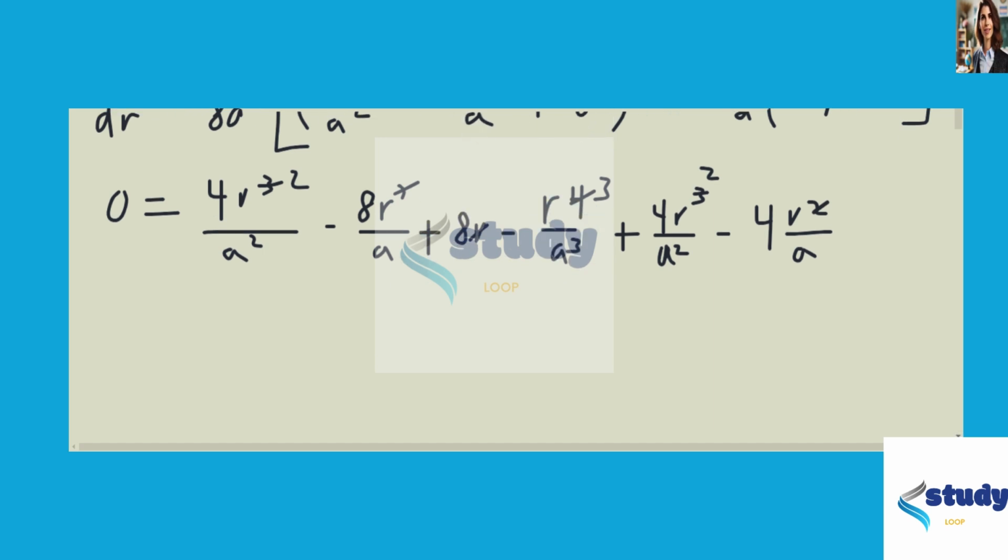So now if we simplify and solve in terms of r, one of the values we get is r equal to a times 3 minus the square root